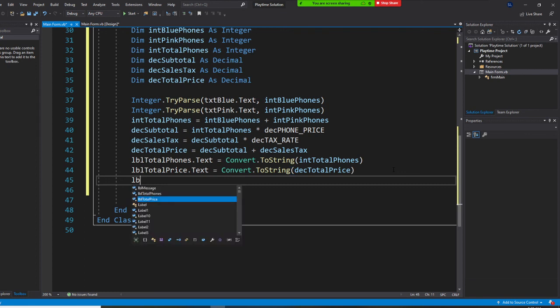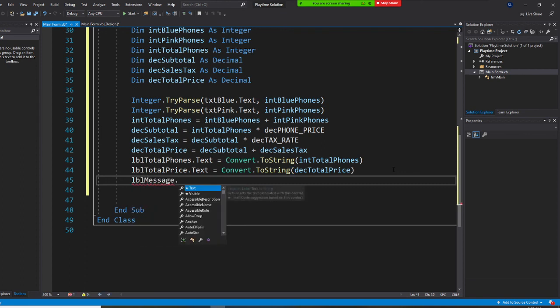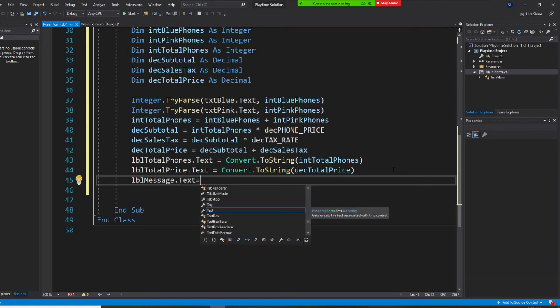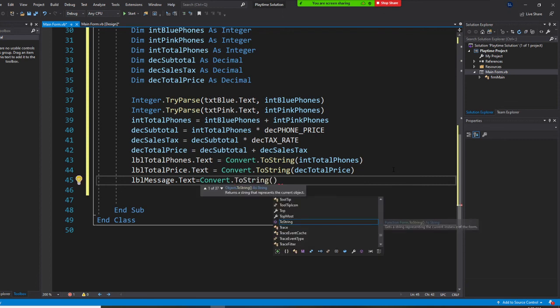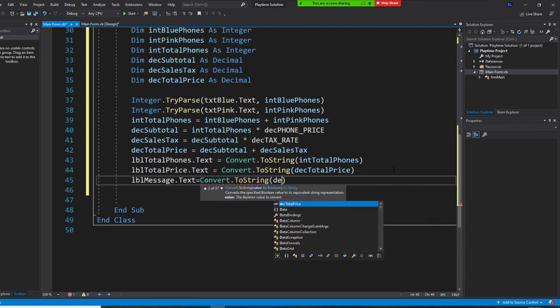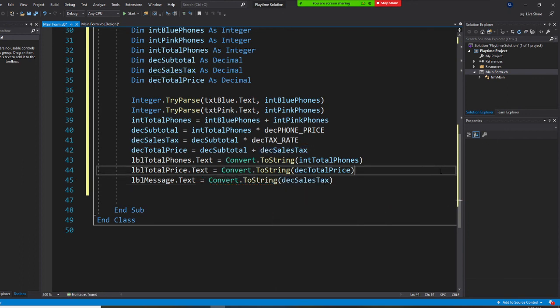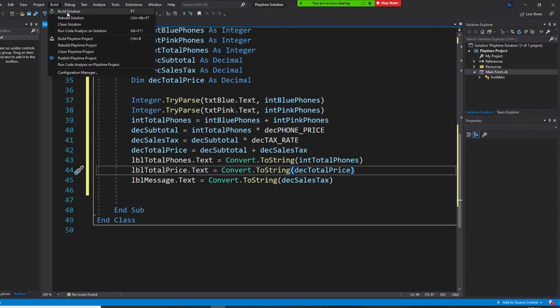So I have lblMessageBox.Text, and I'm going to set it equal to Convert to string, and I'm going to put this one here, decSalesTax. All right, so now this is a little bit finished, and I'm going to run this right now and fix that later. Okay, so I'm going to build it,